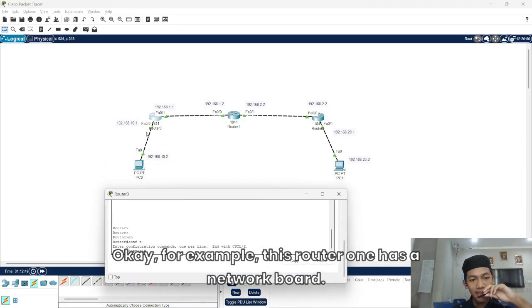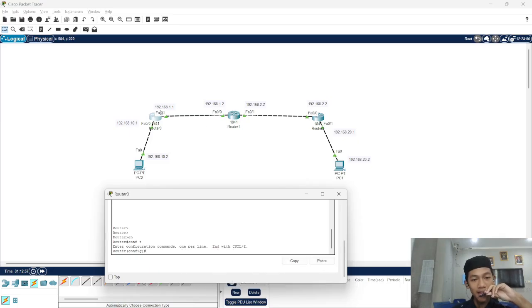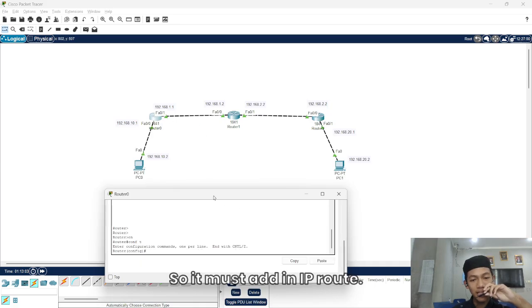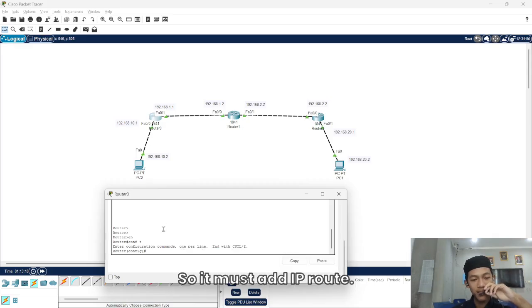For example, router one has neighbors router two and PC one. Router three is not a router one neighbor, so it must be added in IP route. Also PC two is not in router one's network, so it must be added as an IP route.